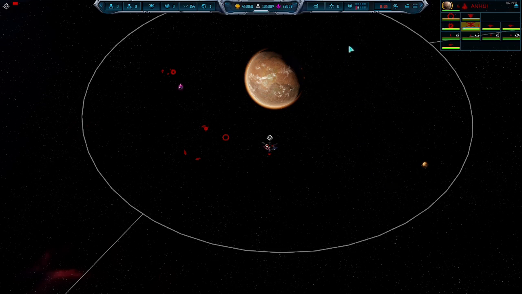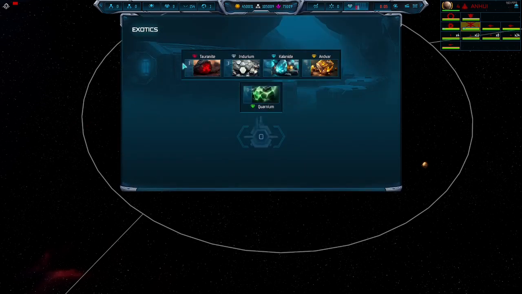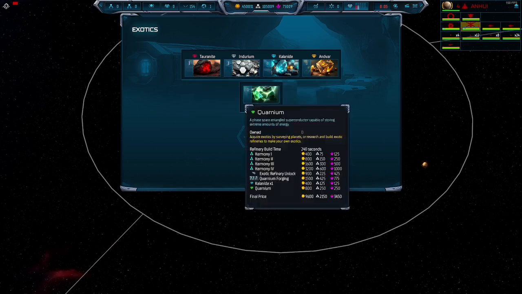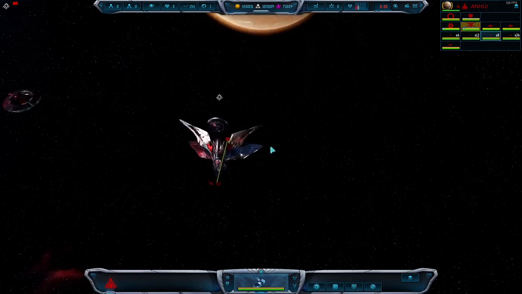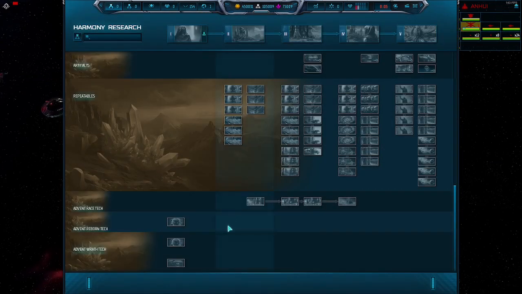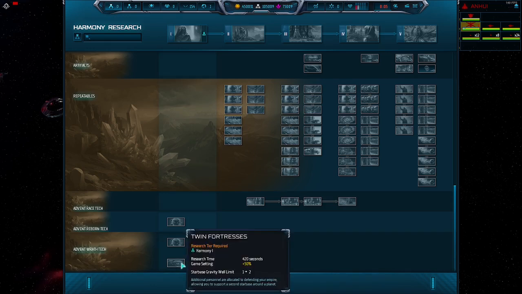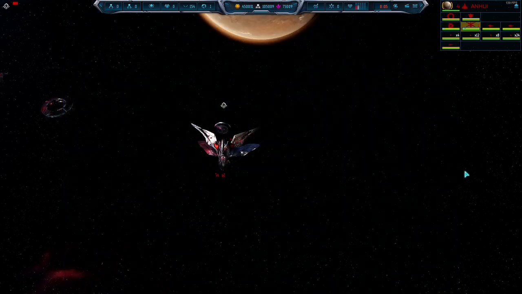All right, we're in, and I just wanted to show you that we do have the things that we added: the starting exotics, our starting titan, our extra twin fortress research,